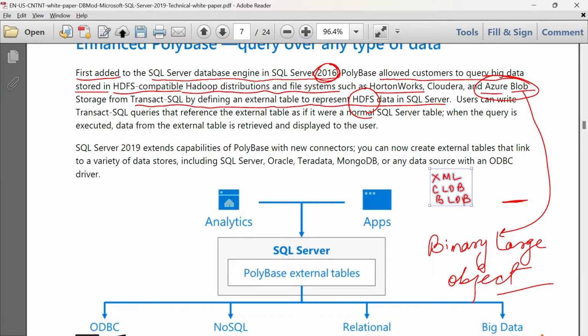All right, fine. Moving further, with SQL Server 2019 capabilities of Polybase with the new connectors, you can create external tables that link to a variety of data stores, including Microsoft's SQL Server, Oracle systems, Teradata, Mongo, or any data source with an ODBC driver.